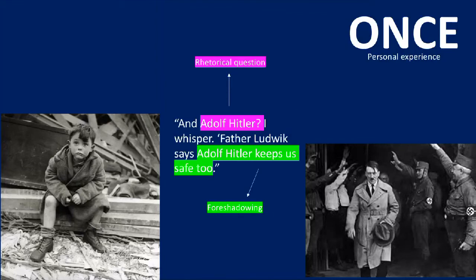And Adolf Hitler, I whisper. Father Ludwik says Adolf Hitler keeps us safe too, as it mocks the veracity of the truth, portraying Adolf Hitler to be viewed as a protector. Furthermore, Glitzman foreshadows the Machiavellian personality of the antagonist through the contradictory statement, "and Adolf Hitler keeps us safe too." Moreover, the rhetorical question, "and Adolf Hitler," reveals suspicion and a need for assurance in knowing if Hitler is a